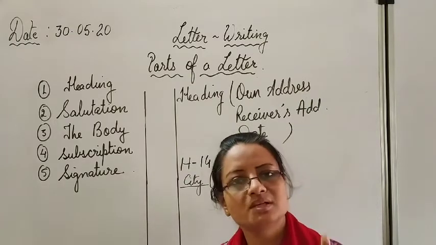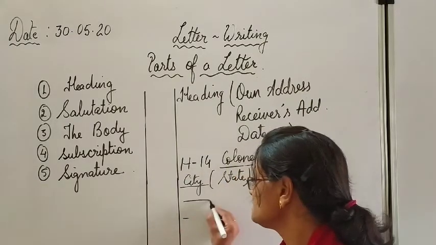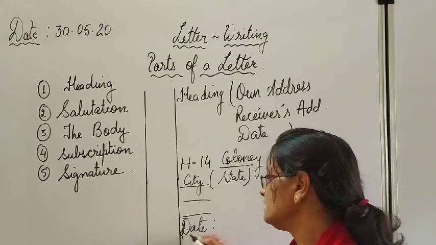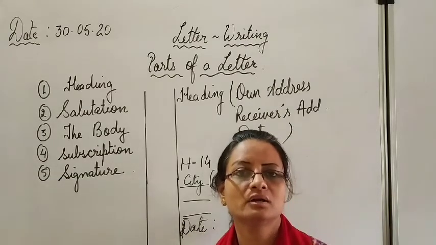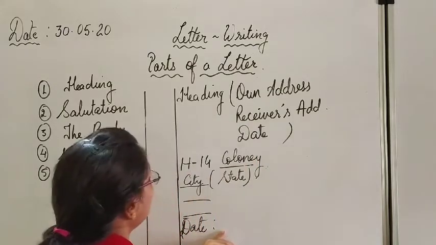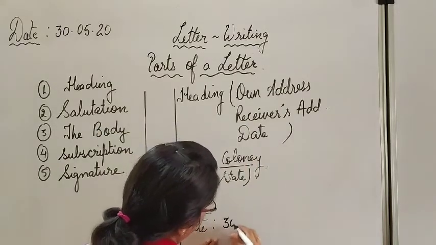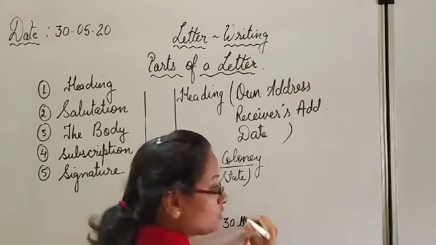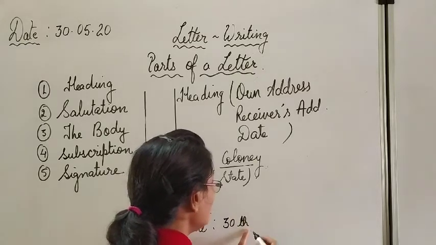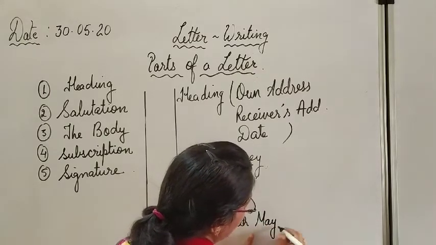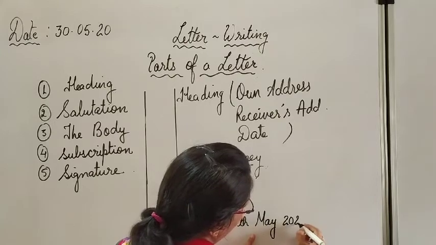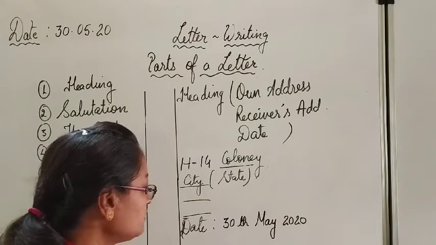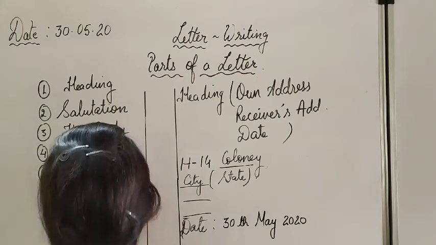Receiver's address is also in the same style, and below the receiver's address you will put the date, as I have told you. Date, D capital, full spelling of date, colon, and then the full date. For example, today is 30th, with a small th on the line. Don't write it on the top at the place of an apostrophe. 30th, then May, M capital, full spelling of May, 2020. Don't write only 20, write the full 2020. Whatever date it is. Then this is the heading.